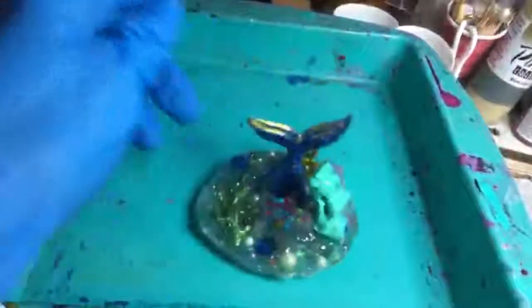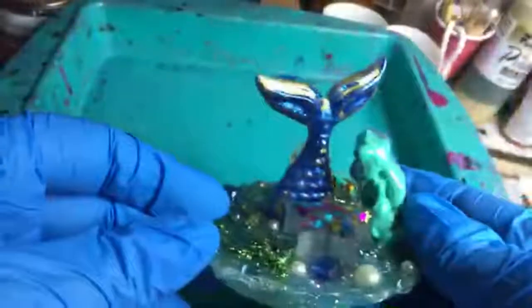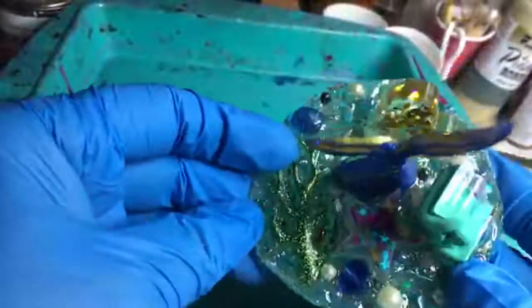So this is just something that I made in the summertime. It's a little ring holder for the little kids' dressers. Anyway,